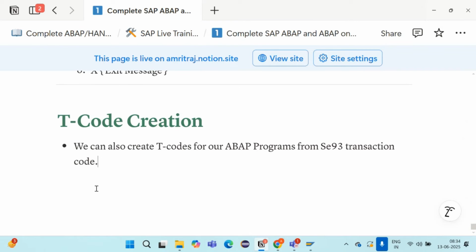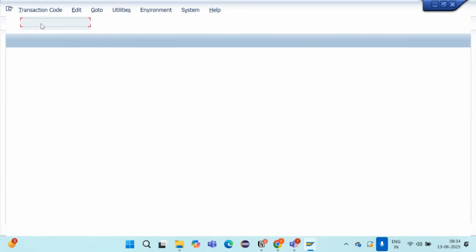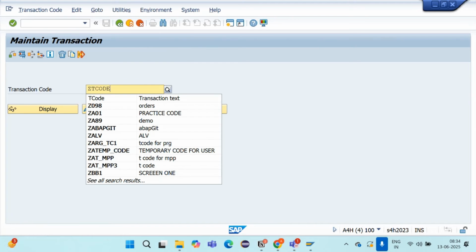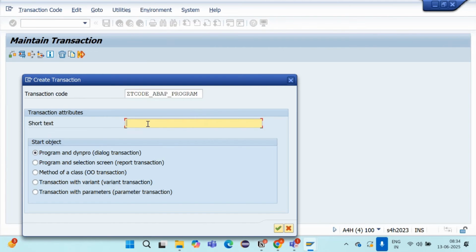What you are required to do is, this is your program name. I will copy the program name. I will go to SE93. Z T code ABAP program. I will go for creation. I will pass a short description. T code for ABAP program.